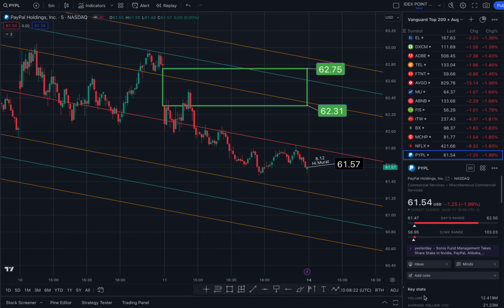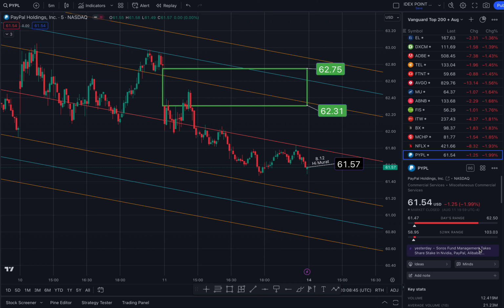This is PayPal. I'm going to check out the stock on the 5-minute, the daily, the weekly, and also the monthly time frames. Thank you to Marat for pointing this stock out. He suggested I take a look at the MACD on the monthly because he knows I like to troll for stocks on that time frame. And then he also suggested I check out the RSI on the daily and the weekly time frames. So I'm going to do just that.